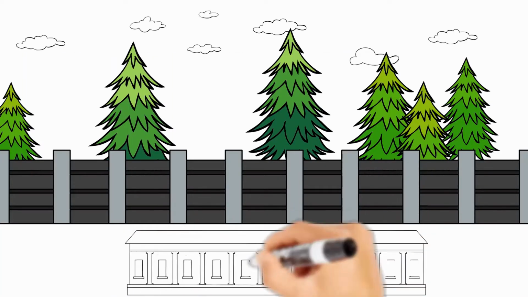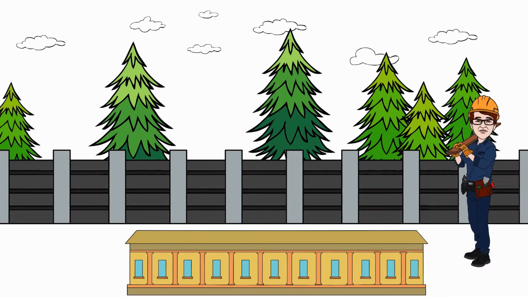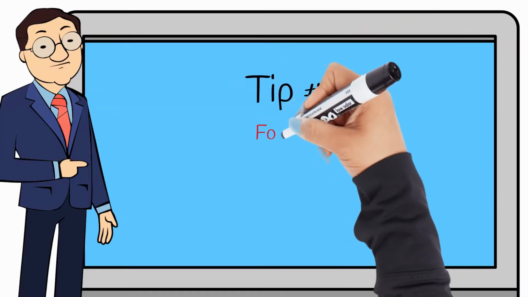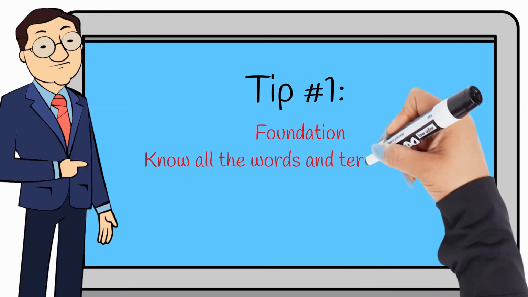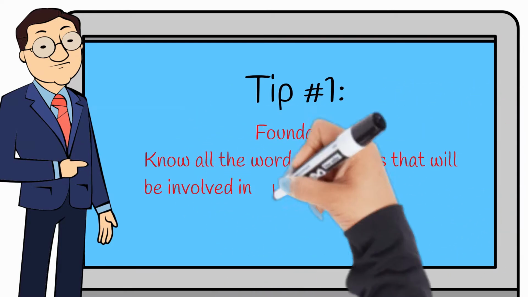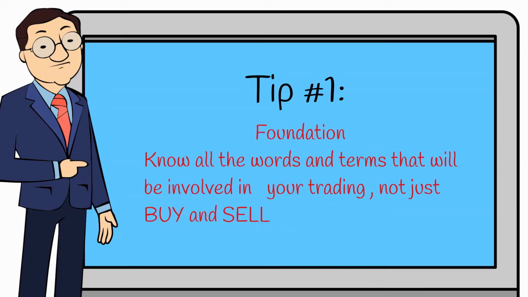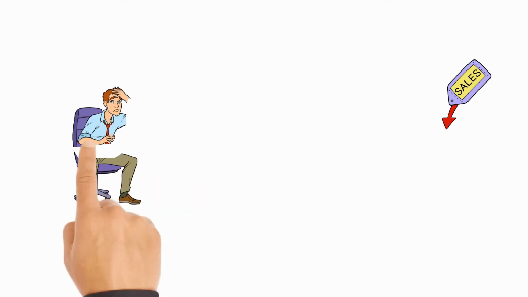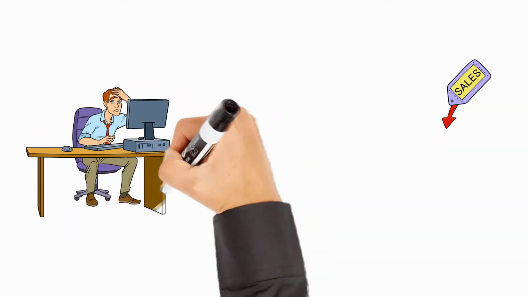And so in the beginning, before everything else, we need to set the foundation for our trading. First, we need to understand everything there is to know about the market that we want to trade on. And since we are setting up the foundation, we need to start with the jargon, or simply the words and terms that are used in the market we're targeting. Here I will use the Forex market as an example.